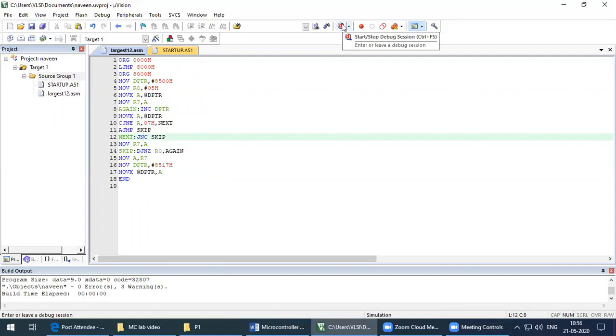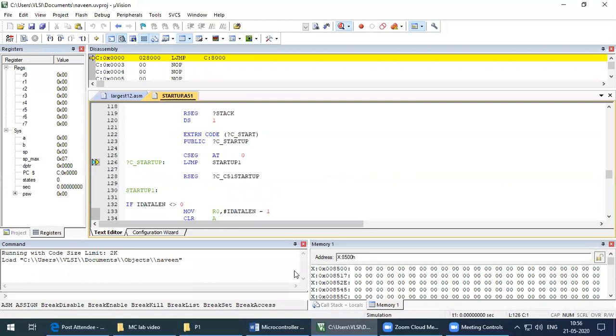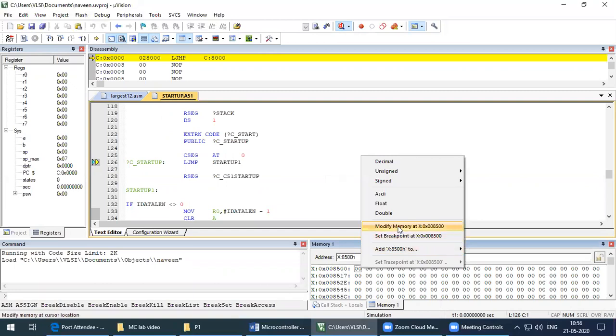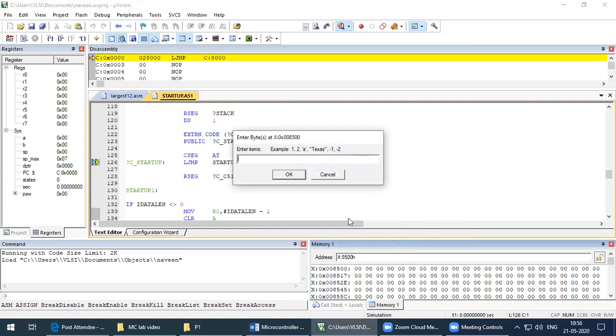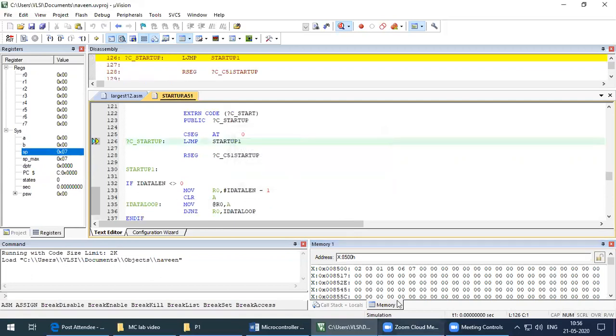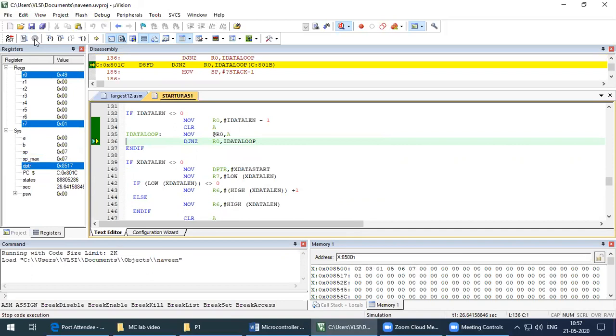Then go to debug. Now, in the same way as we did for the largest, here also we will store 6 different data. For example, I can store 2, 3, 1, 5, 6, 7. Any data you can store. In this, the smallest number is 1, as we can see in single step execution. No need to go step by step, you can directly go to run. If you select run and stop it, it will store the smallest number in the R7 register as well as in 8517.